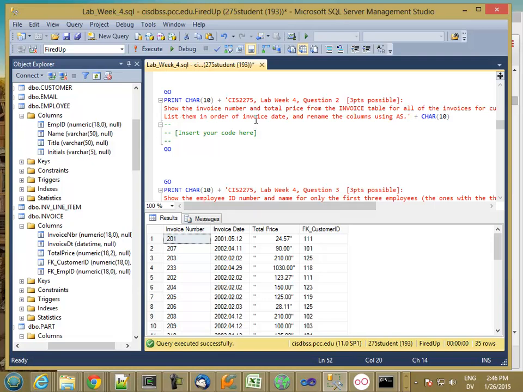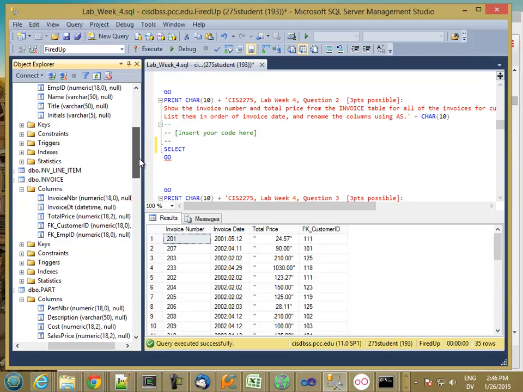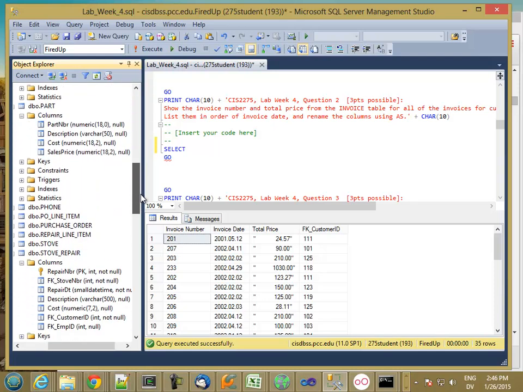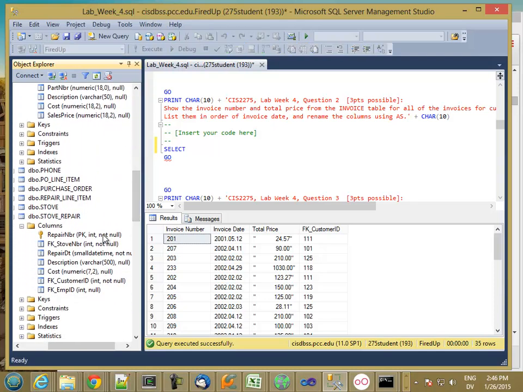So to list something in order of invoice date and rename the columns using as, you can order by the invoice date field as well. So this time let's go to something else that has a date field. So let's go, stove repair has a repair date. So let's select, and then I'm going to convert the repair date to